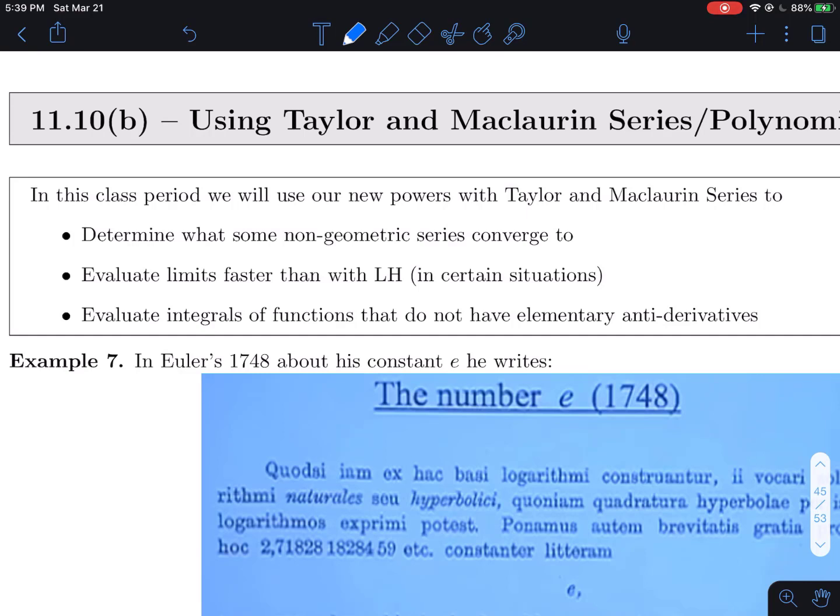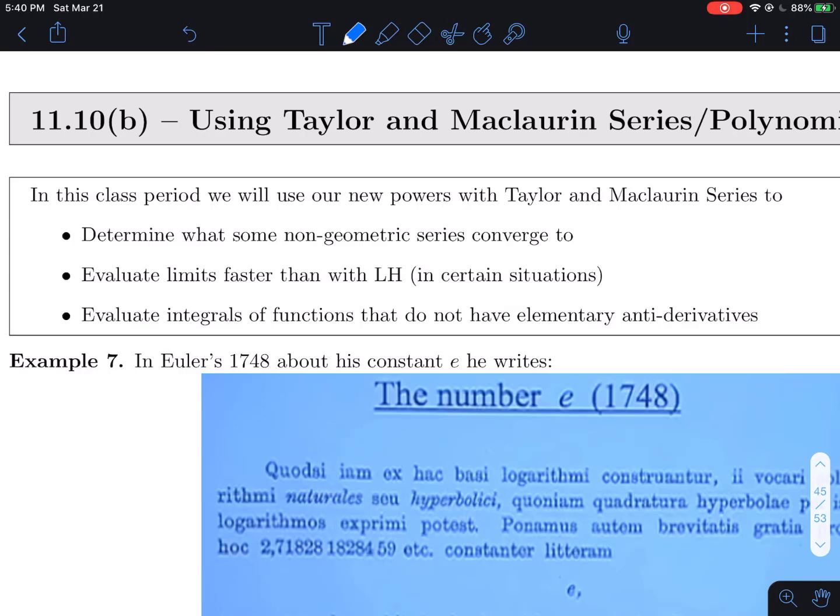The first is, for a long time we've only been able to say what geometric series converge to, and in some special cases like telescoping series. But using Taylor and Maclaurin series and polynomials, we'll be able to say what a good number of non-geometric series actually converge to. Next, there are some cases where we can calculate limits faster. Instead of using L'Hopital's rule over and over again, we can use Taylor and Maclaurin series to calculate some limits. And the third thing is that we're going to evaluate integrals of functions that don't